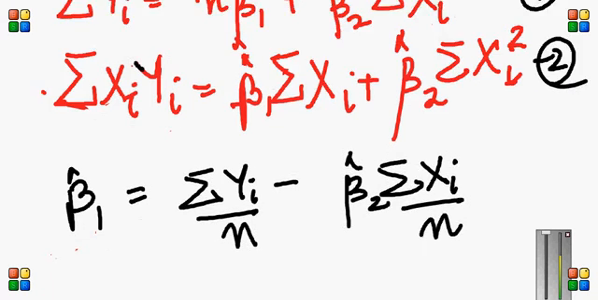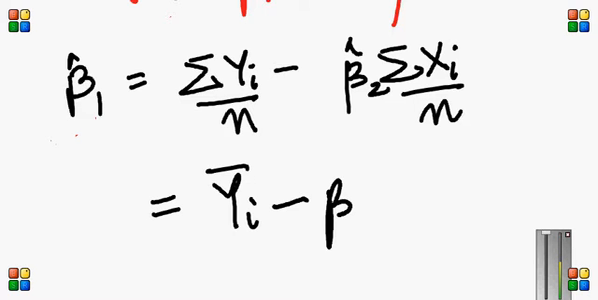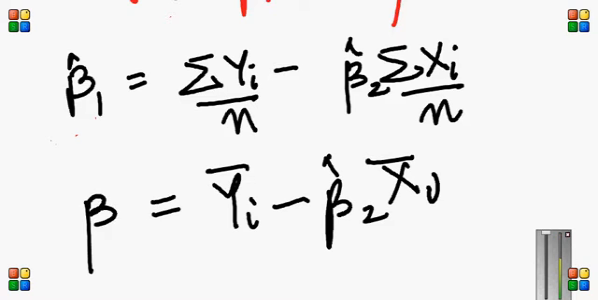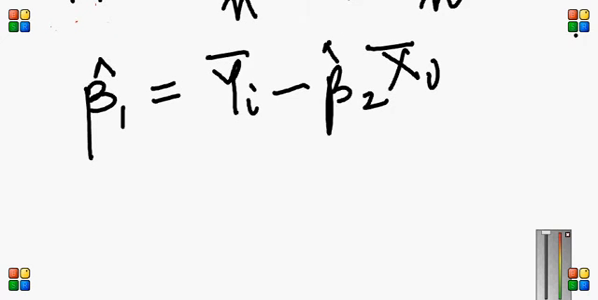So this is nothing but yi bar minus beta 2 hat xi bar. So I have beta 1 hat is equal to yi bar, which is the mean value of y, minus beta 2 hat xi bar. So often you might get a question saying that